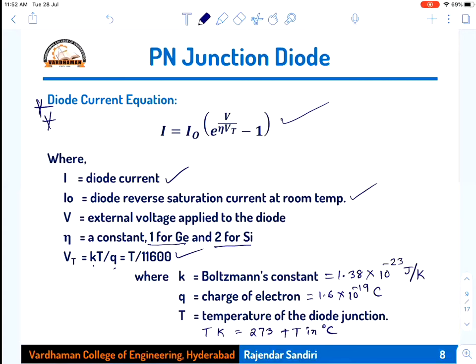So this is a very, very important formula, particularly from the examination point of view, both internal as well as external. And this current equation is also named as the Shockley equation. So this is the general characteristics of a semiconductor defined by this equation, referred to as the Shockley equation. It is valid for both the regions, forward bias and reverse bias. But the only thing is, forward bias means V is positive, reverse bias means V will be negative. All others will be the same.